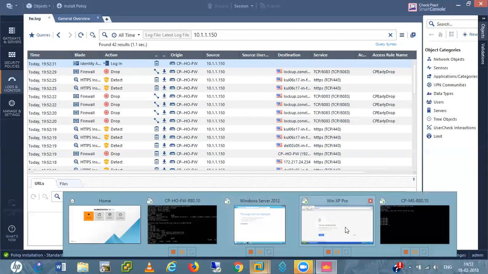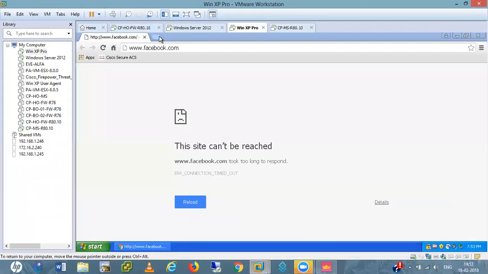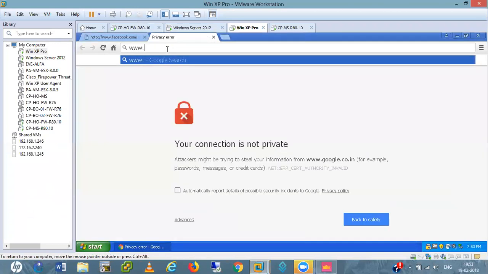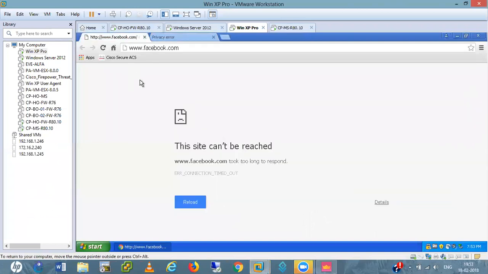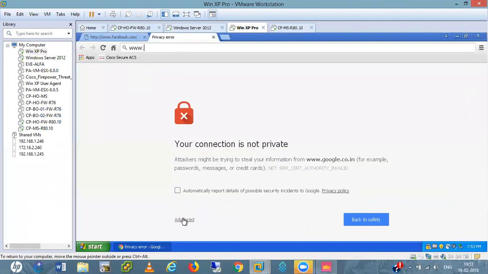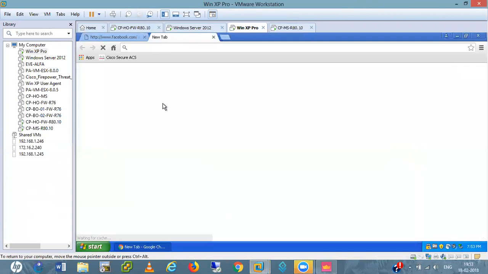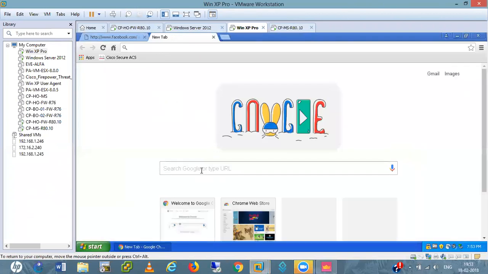If I try to exit, I'm getting the privacy warning, advanced, proceed. Okay, I'm getting Google here.